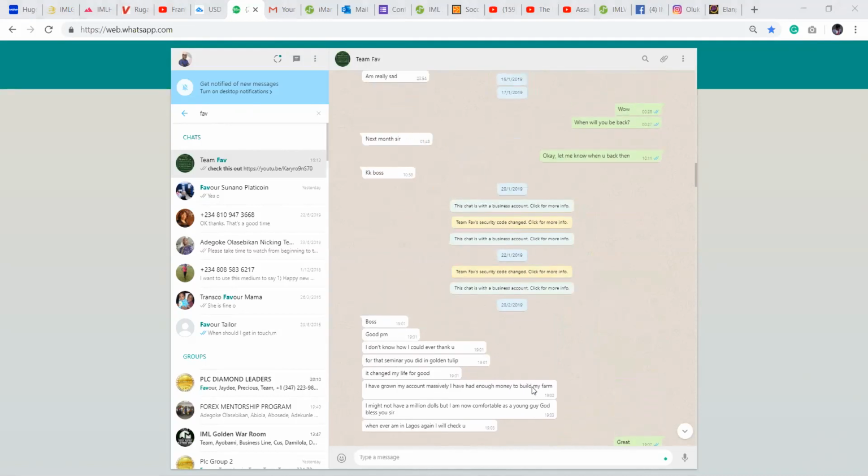Now, this is the benefit of what we are doing. We are not doing it just because you want to have 2 for free. You're doing it because you can affect somebody. You can affect a family. You can affect that man. And by the time that man catches up and knows this thing, it will definitely have an impact on his wife. It will have an impact on his children. You've changed the course of the family forever. You know what? I had to tell this guy to even teach me